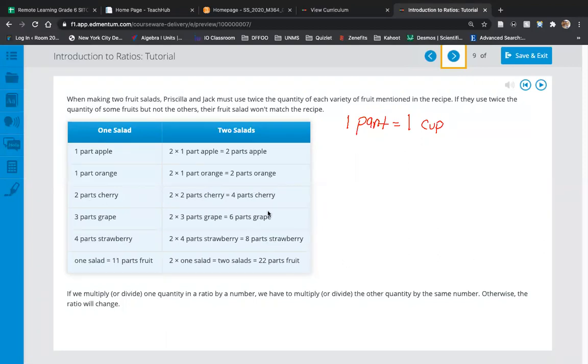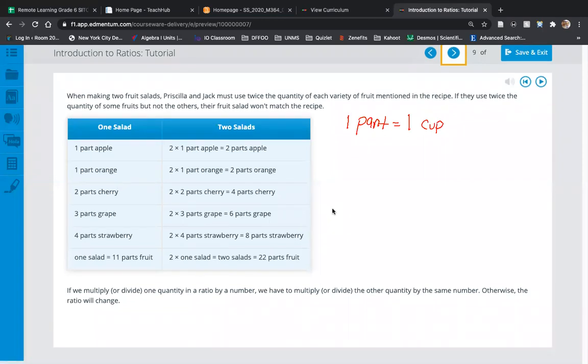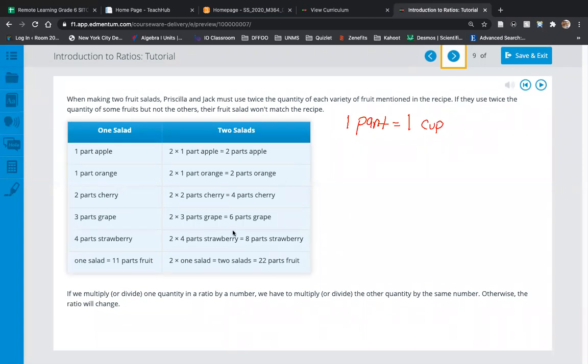If we only doubled, say, the strawberries and the grapes, but we left everything else the same, it wouldn't be the same fruit value, right? You're adding a lot more grapes, a lot more strawberries, and everything else, right? And what you're also going to see here,